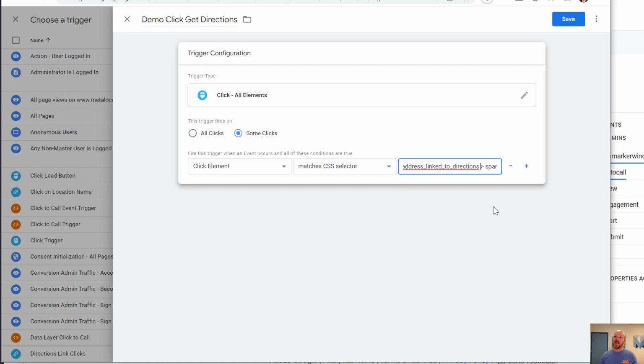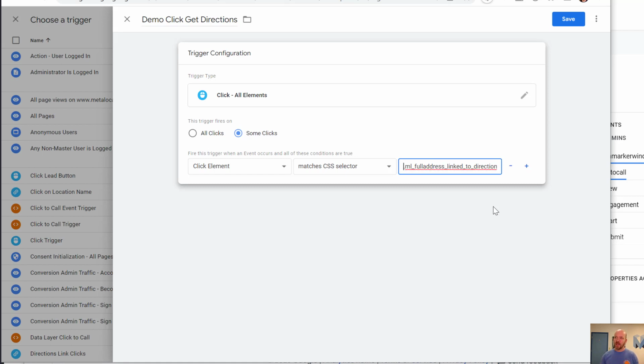The reason I'm removing that is you can actually control that in the interface settings, and I would hate for somebody to remove the display block option. I'm using ML full address link to directions, and then there's a little span within that. I could further, because I know it's a link, give it an A tag, but in this case,